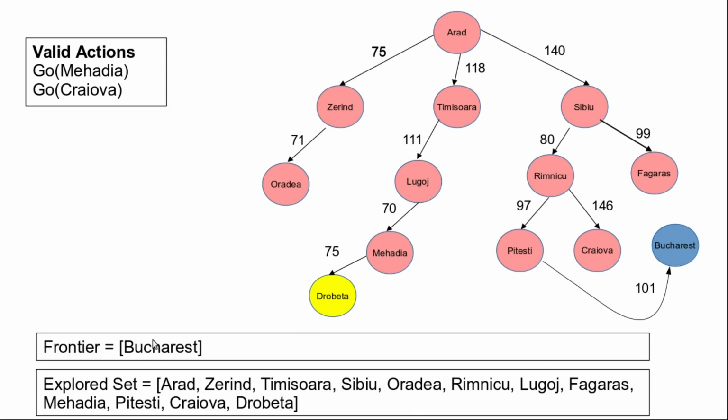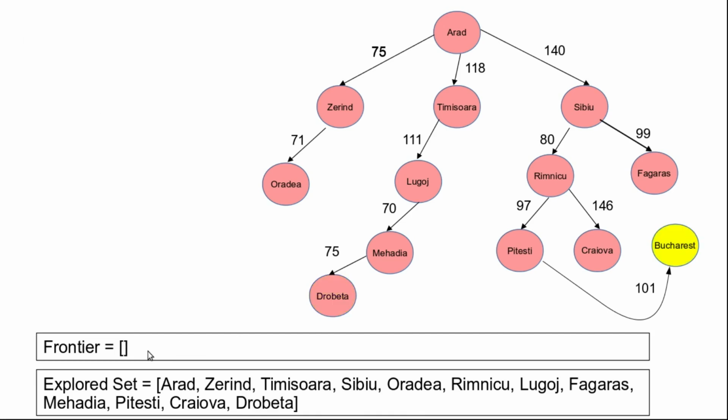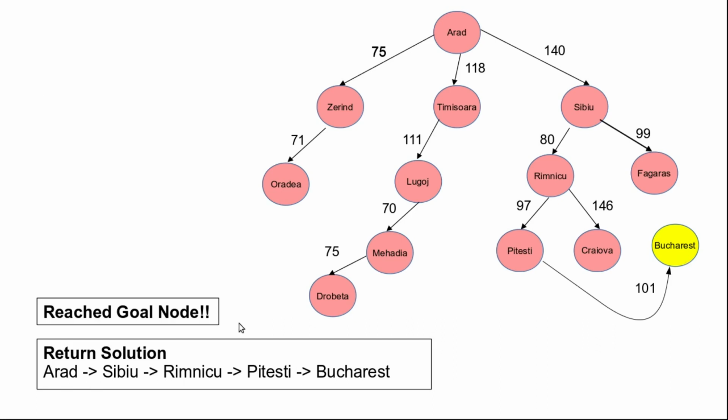And the next node in the frontier list, we had only one more node in the frontier list, so it will be selected, and we check whether the selected node is the goal state. Yes, it is the goal state, so we have reached the goal state, and hence we will return the solution